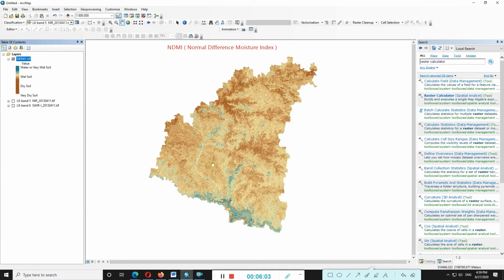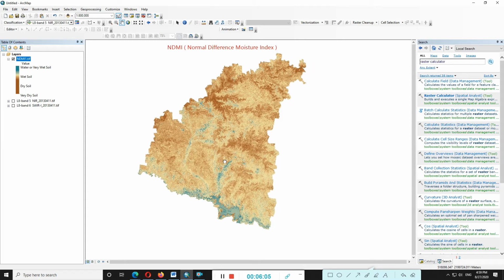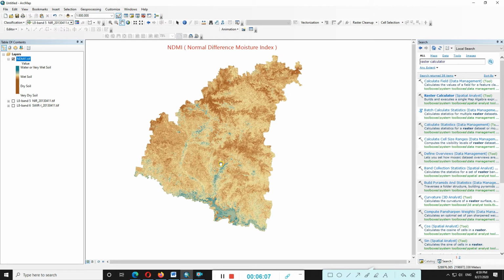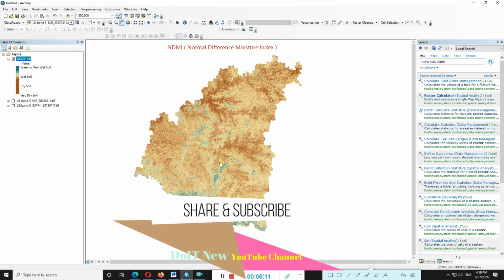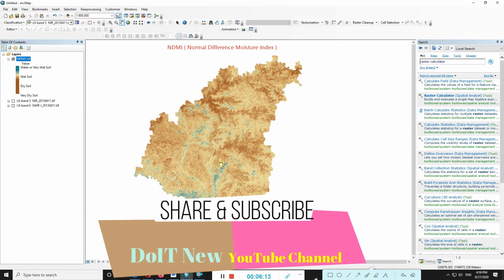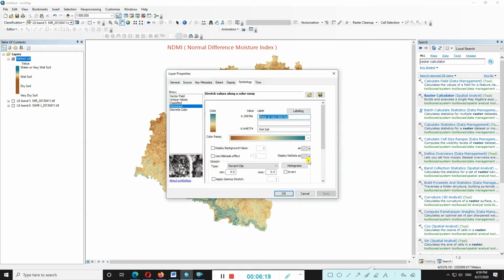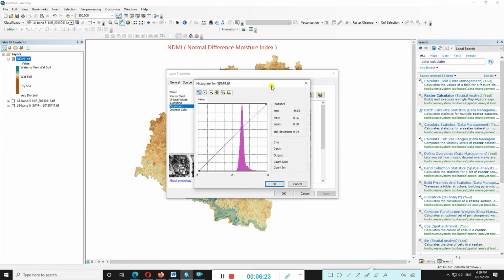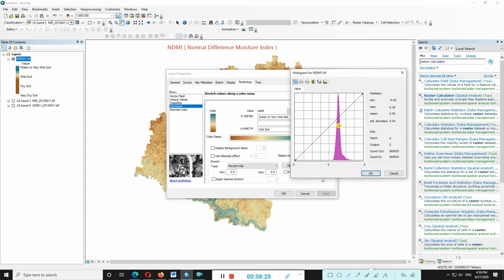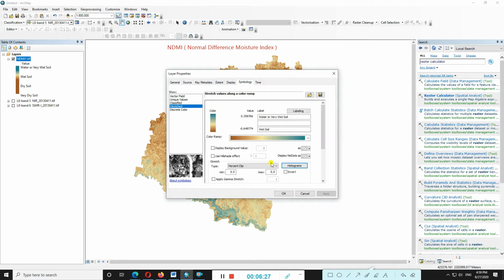So we got the result, the Normalized Difference Moisture Index. You can also check the histograms. Just double click on that. You can look at the histograms here, then just cancel.